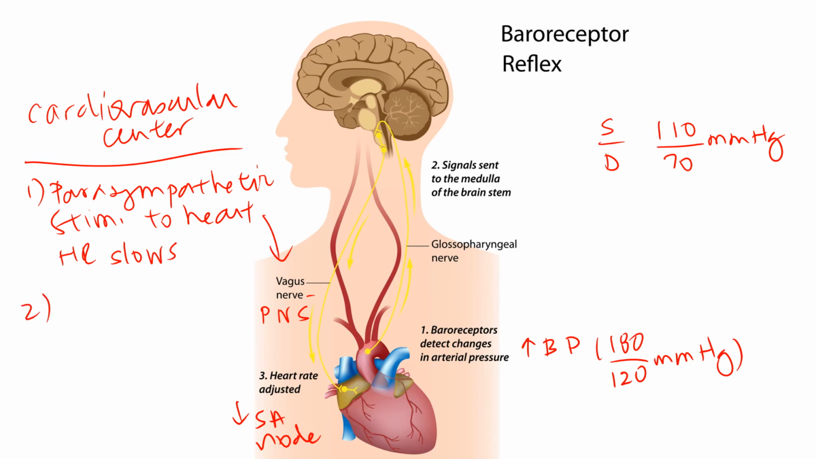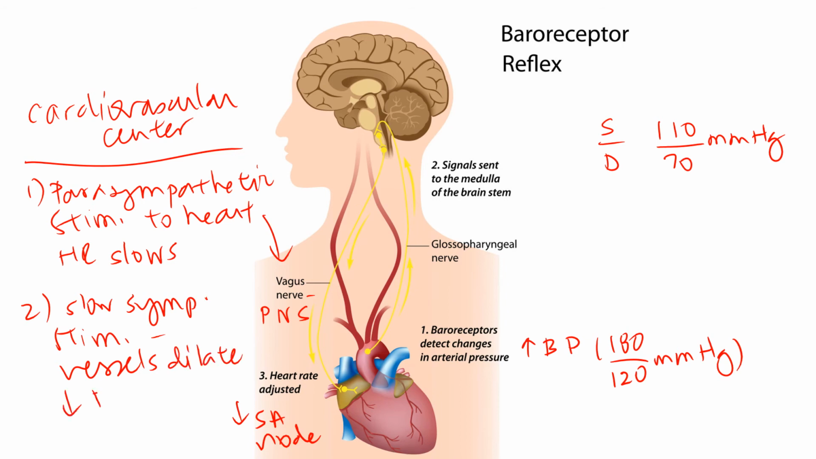Keep in mind the cardiovascular center has two portions. It's a cardiac center that controls the heart rate, and it's also a vasomotor center. So the second message has to go out to our vessels. What do we want our vessels to do? Well, we want them to dilate. That's how we lower the blood pressure. So how do we tell our vessels to dilate? We slow sympathetic stimulation, and of course vessels dilate